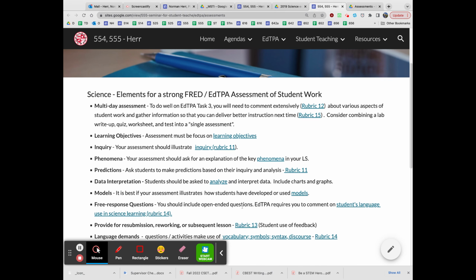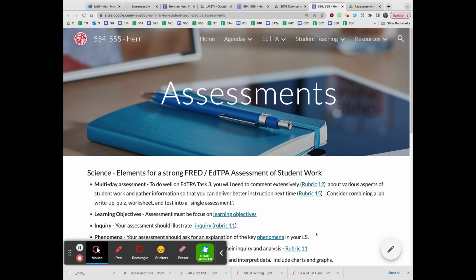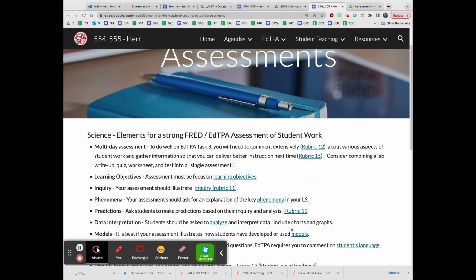So what we're looking at right here is the assessment page I've made within the EdTPA page of the student teaching class. So first of all, in EdTPA Task 3, which is basically all about assessments and so forth, you're going to need to have a multi-day assessment. What I mean by that is that if you just have a quiz or a short assessment, you're not going to have sufficient quantity of material to comment on and to be able to meet the requirements